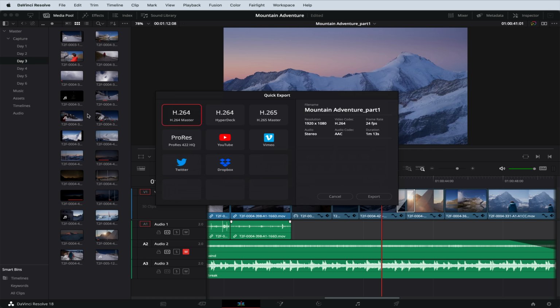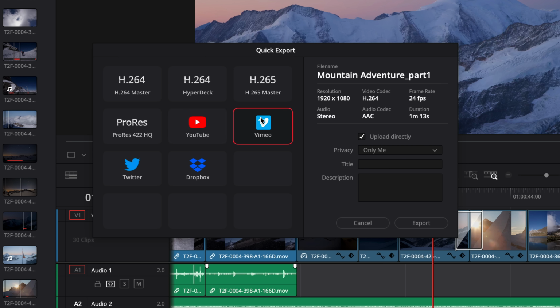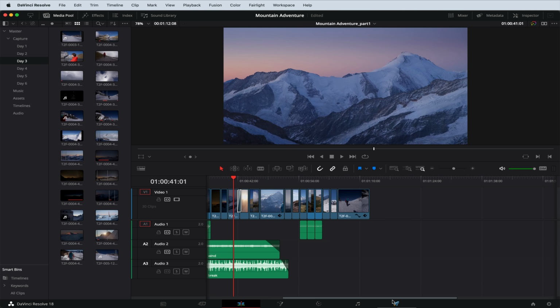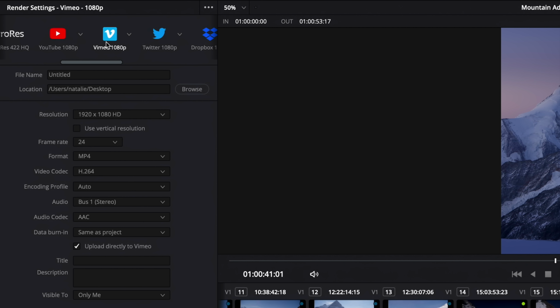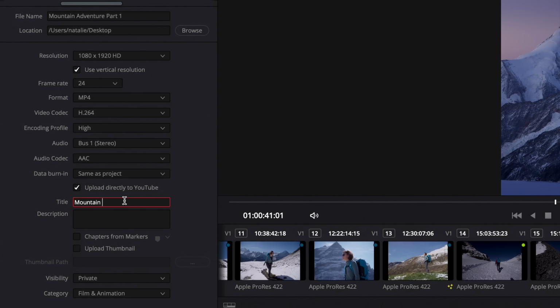In DaVinci Resolve 18, uploading to YouTube via the Quick Export window was improved. Now, in DaVinci Resolve 18.1, you also get an improved YouTube preset in the Deliver page. You get the speed of a preset, but you have more control to customize the compression and quality and encoding profile settings. To use it, all you need to do is select a template such as YouTube or Vimeo, and then adjust the encoding profile to select a quality. Set a base lower bitrate to improve upload speeds when using slower internet, or when you want better quality, the main or high setting will provide a higher bitrate for better video quality.